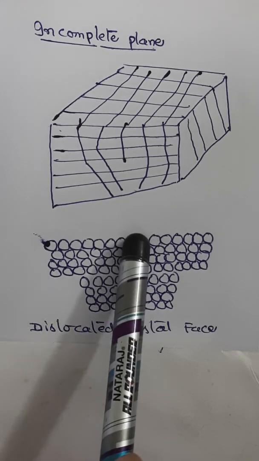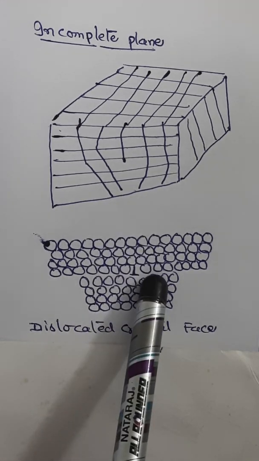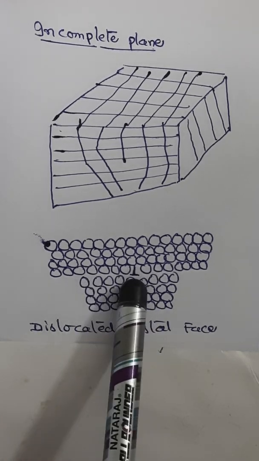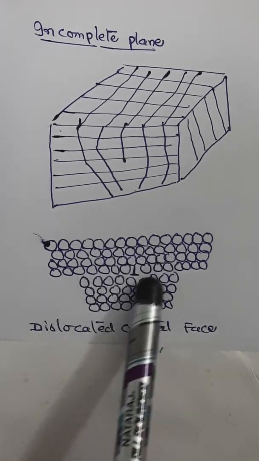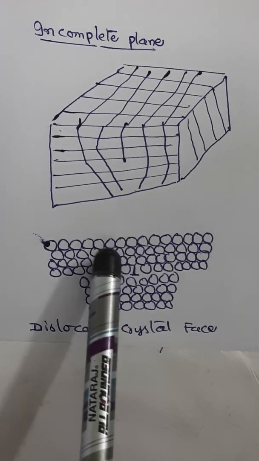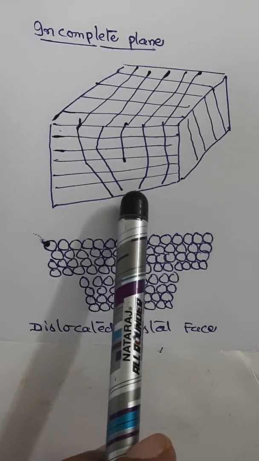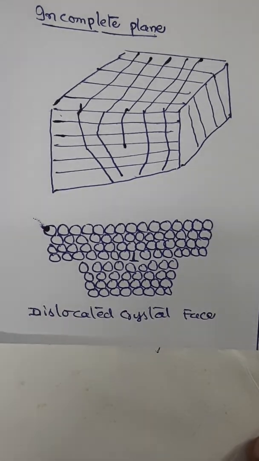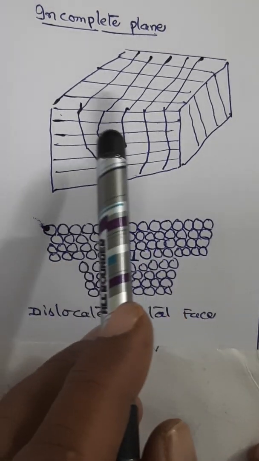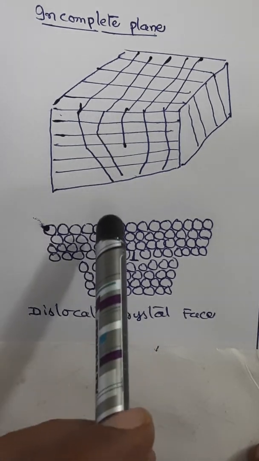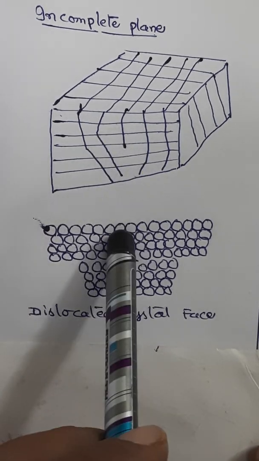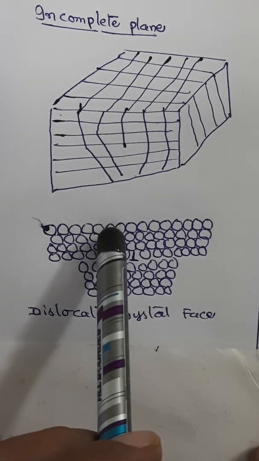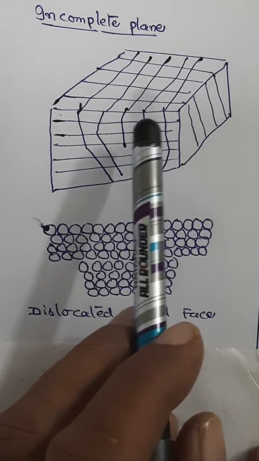So below the edge, the atoms are pulled apart. Therefore they are in a state of tension. So the bond lengths have been stretched to above the normal values. This is what we need to observe here. This distorted configuration extends all along the edge into the crystal. That means the distortion is centered around the edge of the incomplete plane.